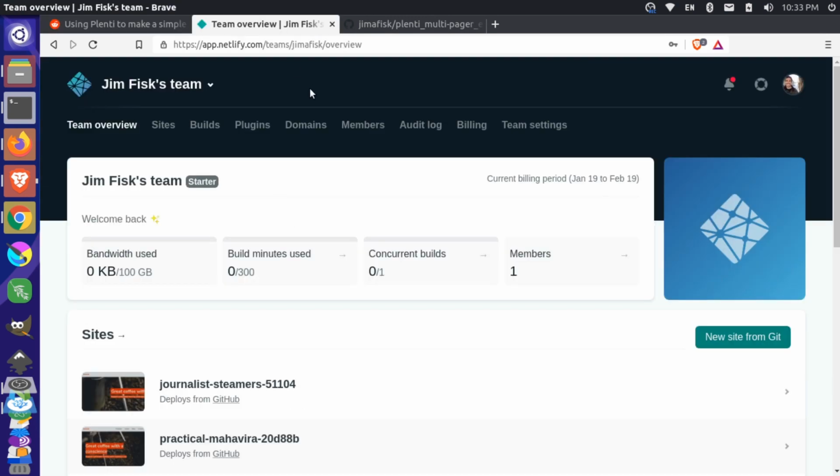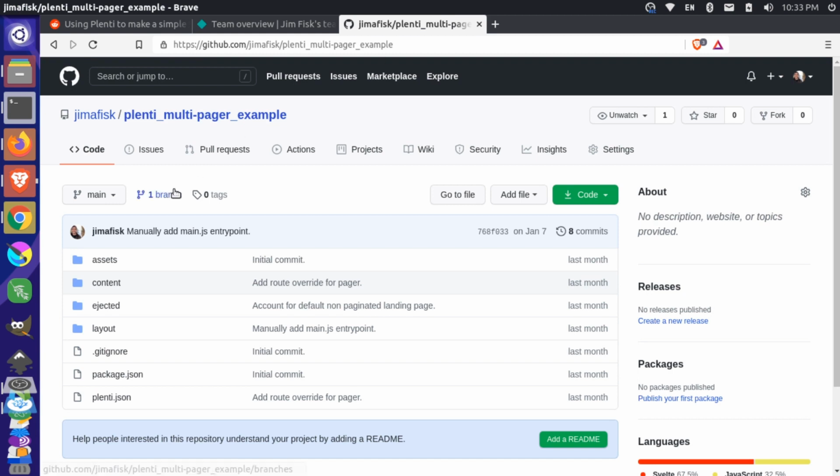So over here, I'm signed into Netlify, and I have a couple of just starter websites that I use here for testing purposes. And then over here, on my GitHub repository, I have this example here. So this is a Plenty site that basically is a pager example. So this is showing a multiple pager, so you can have two pagers on a single page. And I'm thinking I'm just going to use this example site, since it already exists,